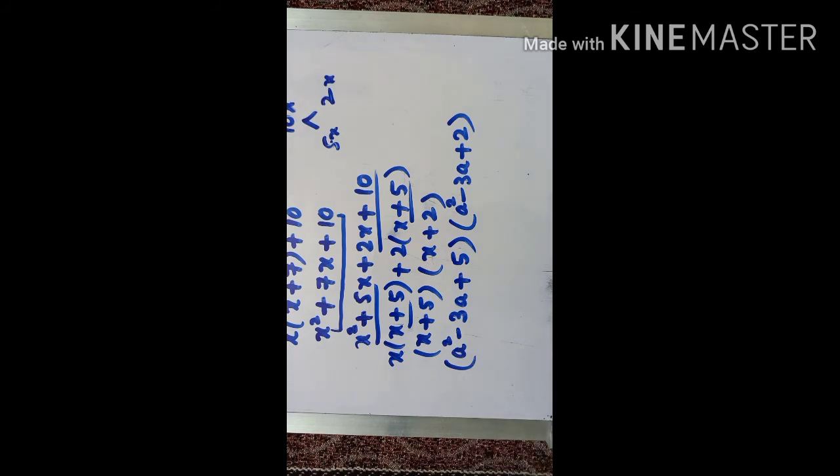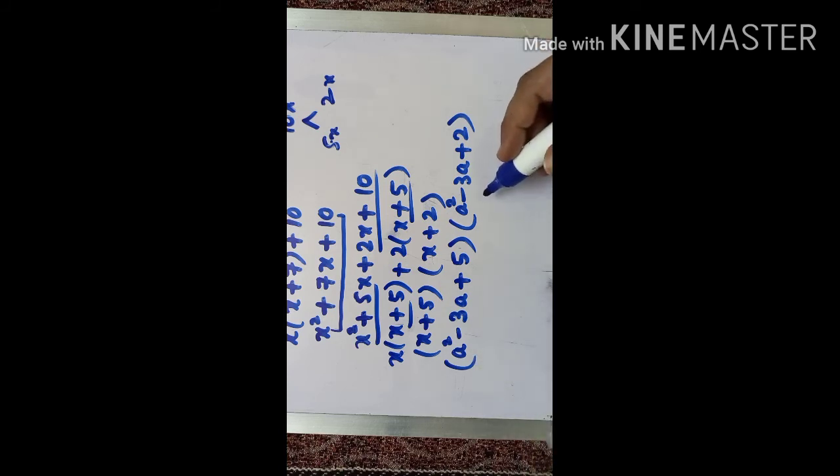Yes, in 5, how can you multiply 5 ones are 5? 5 will come in the 5 table only. Other than that, you'll not get. So 5 ones are 5 means here when you're subtracting or adding 5 and 1, you will not get minus 3. So let us leave this. We can't do the factorization.